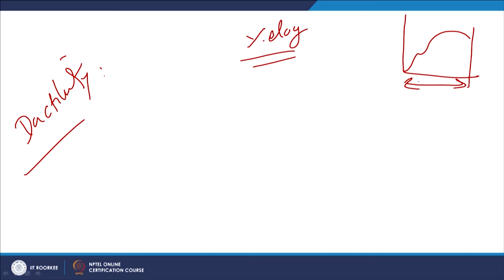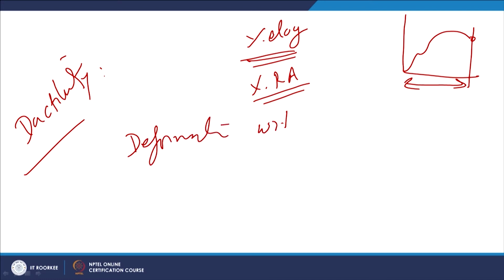So, the strain indicates up to the fracture. The extent of elongation which is possible before fracture indicates the percentage elongation, and another way is the percentage reduction in area, that is also another measure of the ductility. So, what is the importance of this? Because if the material has high ductility, it can be deformed, meaning deformation is possible without cracking. This is the good side if the material is ductile.